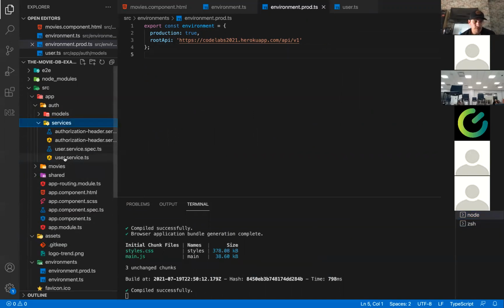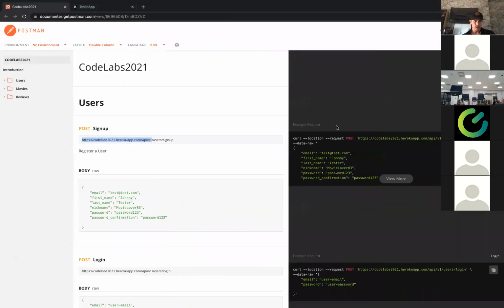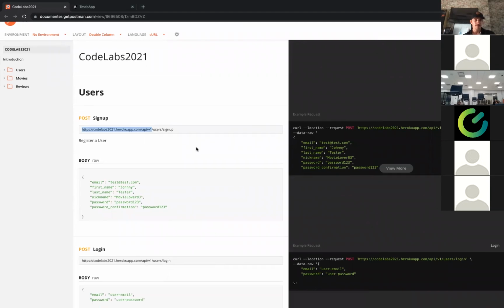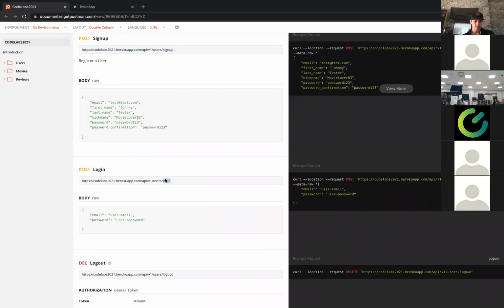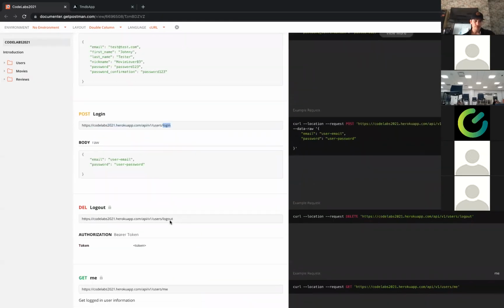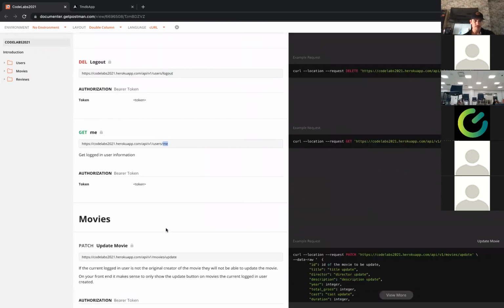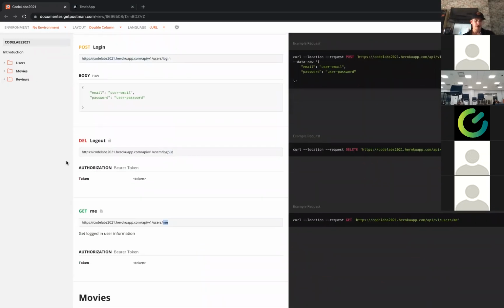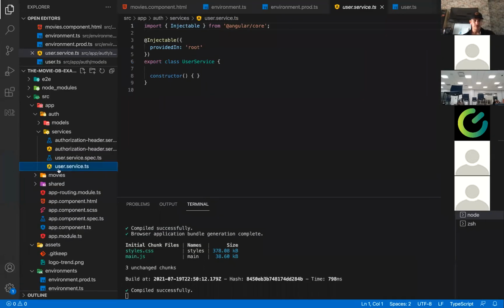So next thing I'm gonna do is I'm gonna go to our user service. So as Lee has laid out in the documentation on Postman, we have a sign up, we have a login, and we have a log out, and we also have a me, right? It's get. These are the only endpoints I'm worried about for tonight. So the first thing I'm gonna do is I'm just gonna kind of lay out this service,